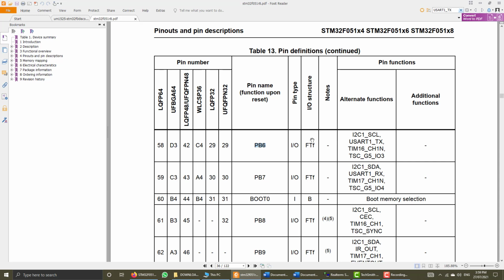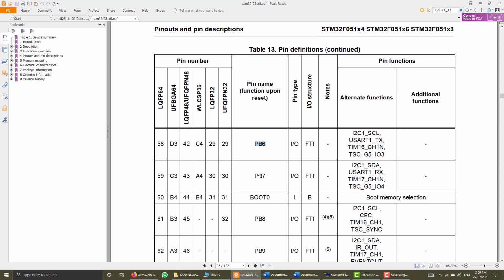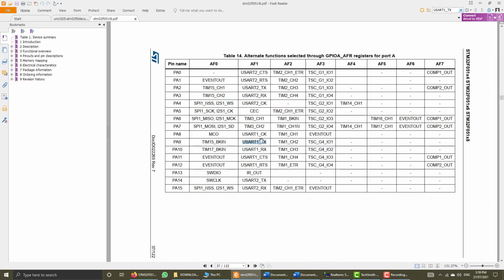So it's up to us to get the signals from PB6 or from the earlier GPIO port which we have seen. And this USART1RX is available on PB7. I will hit search once again to see if some other GPIOs are also connected to these signals. I hit search, and now it comes to the end. So the output from this USART1 is only connected to 2 different points, so we will note them down.